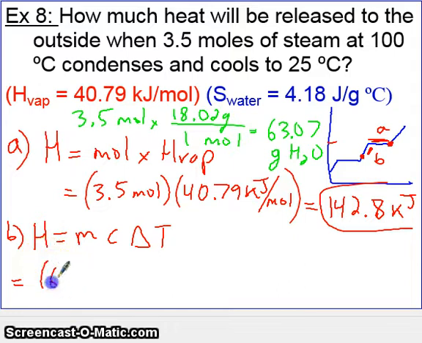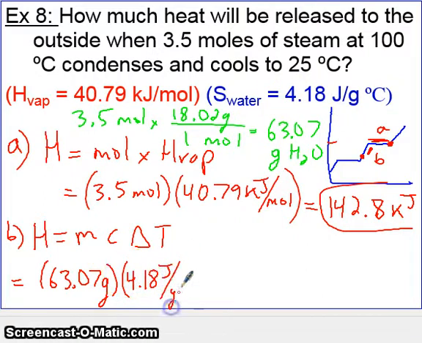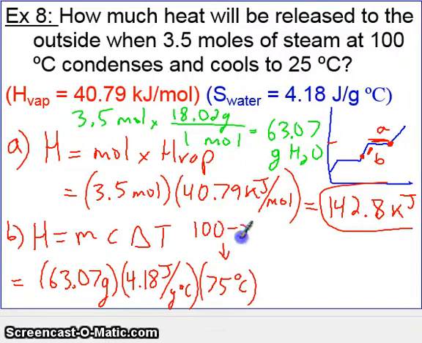So 63.07 grams multiplied by the specific heat, again, is given here as 4.18 joules per gram degree Celsius, and our change in temperature. Now we're going to go from 100 down to 25, and we're only going through one portion of it. So this would be 75 degrees Celsius. If you want to say 100 minus 25, that's how we got that number. Go ahead and multiply those numbers. 63.07 multiplied by 4.18 multiplied by 75 should give us